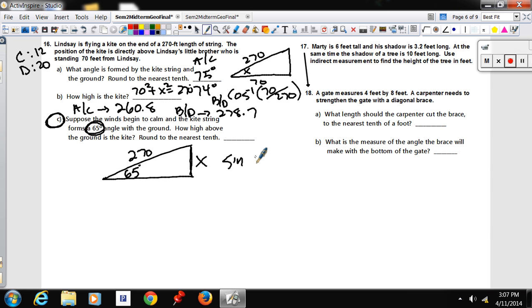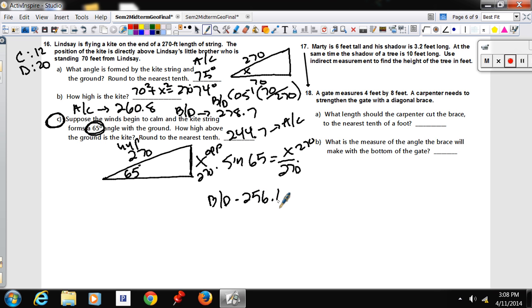We're going to do the sine of 65, because we're going to do opposite side over hypotenuse. So it equals x over 270, multiplied by 270. Now, if you had different numbers, a different angle and a different number, then you would put in your numbers instead. So for test A and C, your answer was 244.7. For test B and D, your answer was 256.1. Okay, 17 is